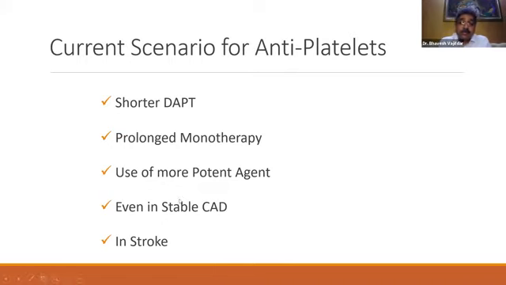We are also able to use the newer antiplatelet drugs in patients with stable coronary artery disease, provided that they are at a high risk. Okay, not all patients with stable coronary artery disease, and also in patients of stroke, that is the small strokes, not the large strokes, the small strokes. Perhaps there is a role for ticagrelor as a secondary prevention, but that is not really very clear. We will have to wait for larger trials to tell us what is happening.